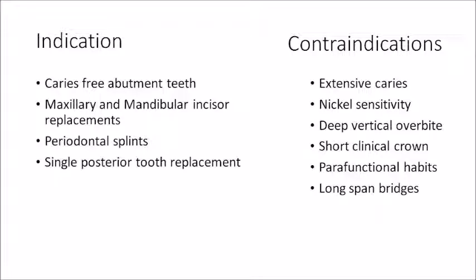So in such cases the enamel will be thin and will end up encroaching the pulp. Cannot give this in short clinical crowns. In situations which require a change in the alignment or spacing or a change in the facial aesthetics of the teeth. In cases with deep vertical overbite. So in such cases, if we give a resin bonded FPD, we'll need too much of tooth reduction to give the proper structural durability.